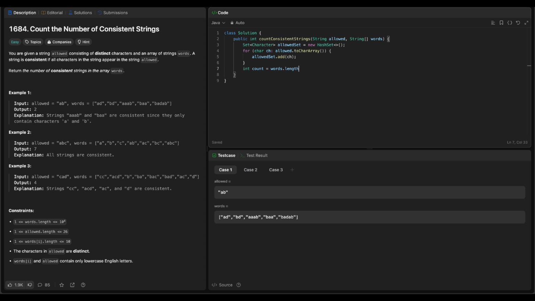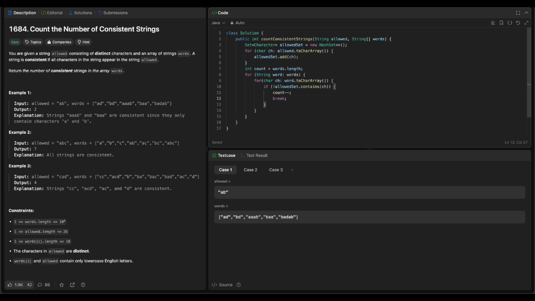We will see the beauty of why I chose count equal to words.length instead of 0 in a few seconds. So now we will loop through each word in the words array and then loop through each character in each word. We want to break out of the loop as soon as we find out this word is not consistent. So we check if the character is not in the allowed set, that means this word is not consistent. So we will decrement our count by 1 and break out of the loop so that we can process the